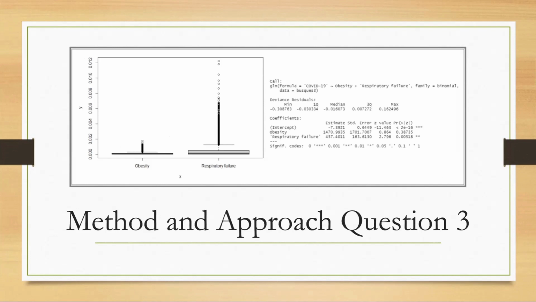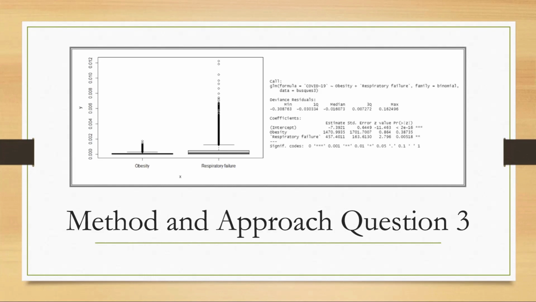So going into question 3 on slide 15, we analyzed our third business question, which was focused on determining if obesity or respiratory failure was a stronger predictor of mortality as a contributing condition with COVID-19. We've all naturally heard from doctors and even individuals that those with a respiratory condition and/or obesity are at higher risk for COVID-19. So we wanted to use the data that the CDC provided to prove that these factors are responsible for higher